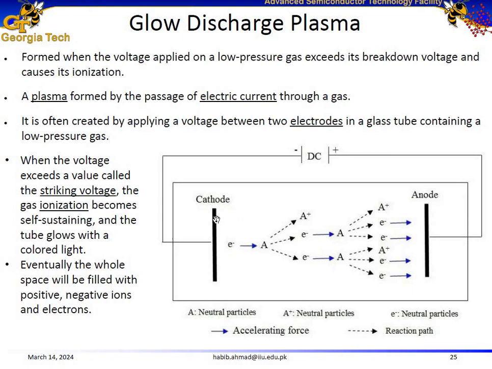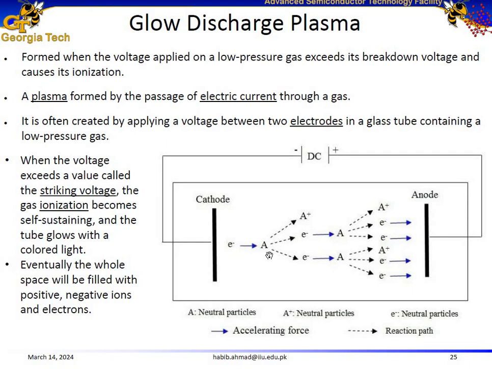gases, and we introduce electrodes, cathode and anode, inside the tube, apply voltage to the electrodes, resulting in current flowing through this cathode, which is in the form of a filament. For example, you might have seen an electrical heater which is in the form of a helical spring, in the form of a filament. So we keep increasing the voltage until we arrive at the striking voltage, where this filament starts emitting high energy electrons,